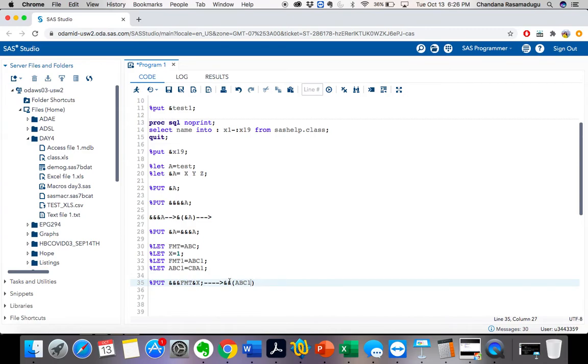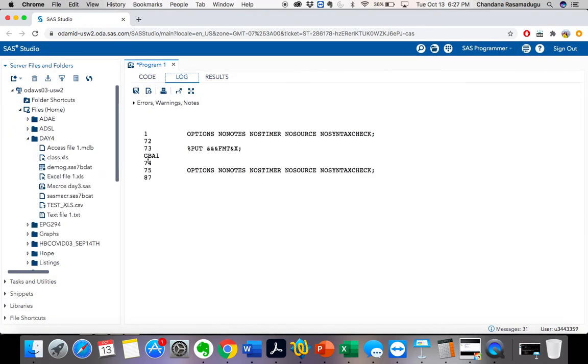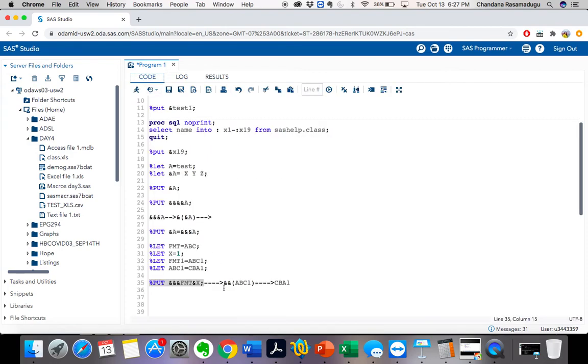Now I have &abc1, so these two ampersands get resolved to 1 ampersand, right? So what is &abc1? It is cba1, right? So that's my end result. Is that what I got there? Let's check it now. See, cba1.